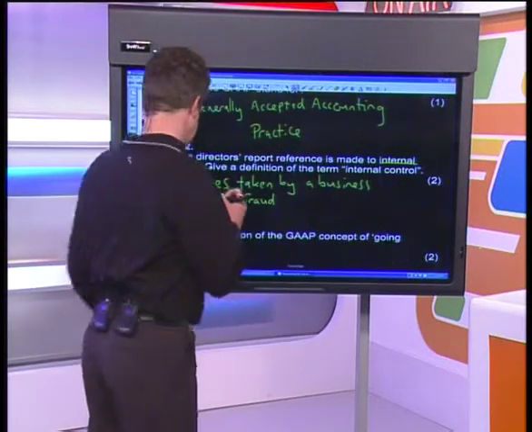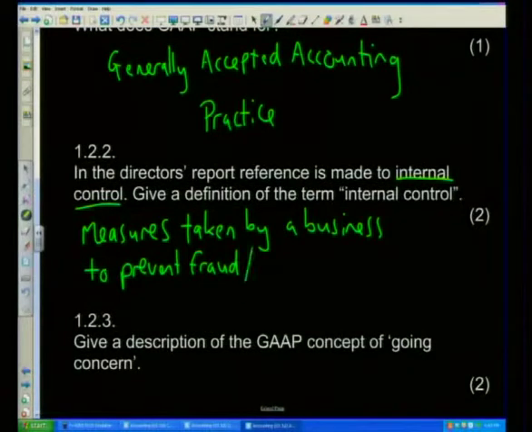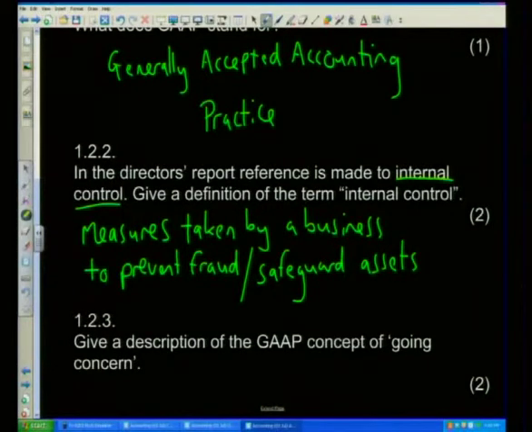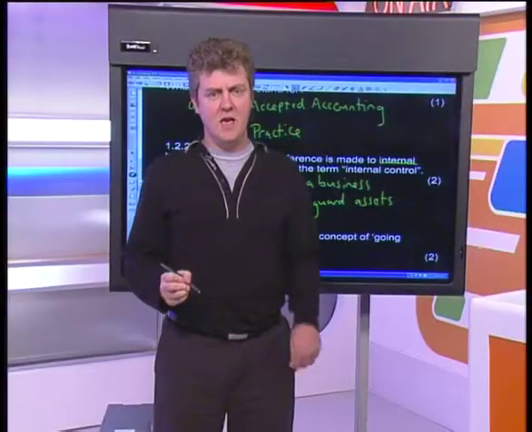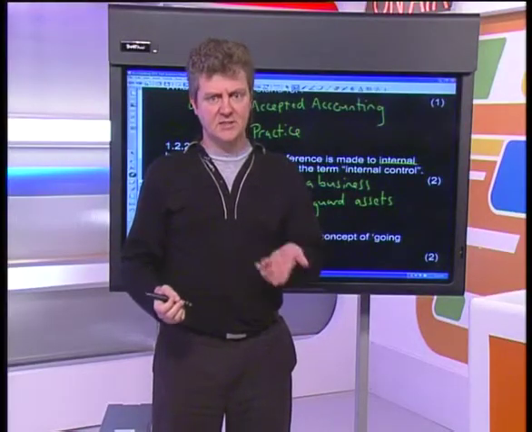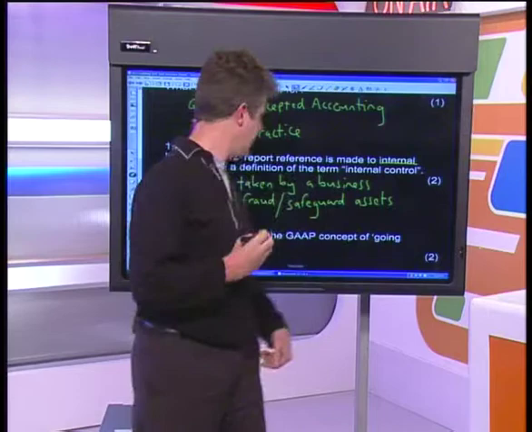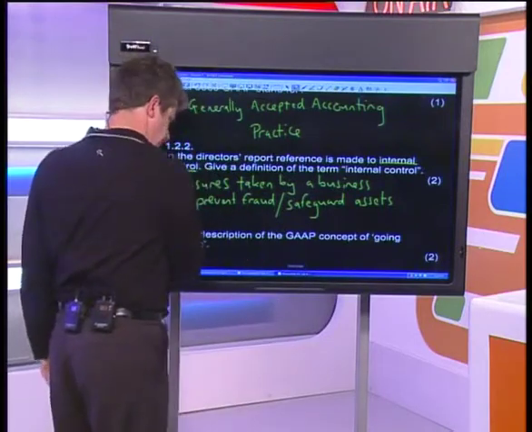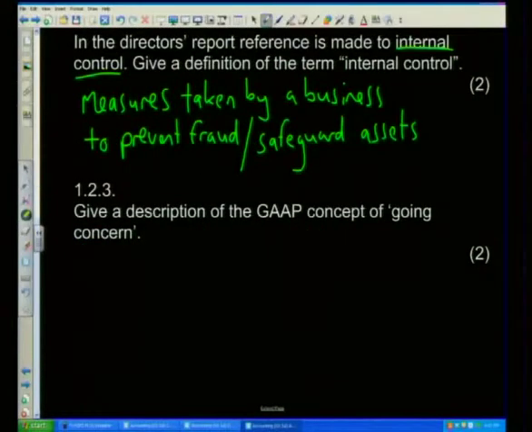So to complete my sentence here, I'm going to say to prevent fraud or to safeguard the assets of a business. Once again, there's 2 marks in the bag right there if you can give a good sentence that explains what internal control is. And here's another theory question where it says, provide a description of the GAAP concept of a